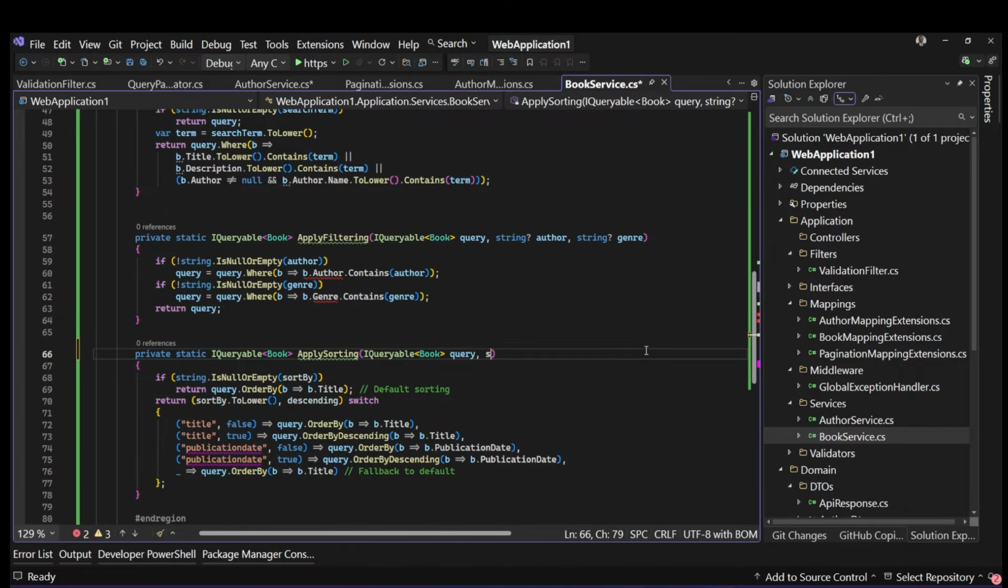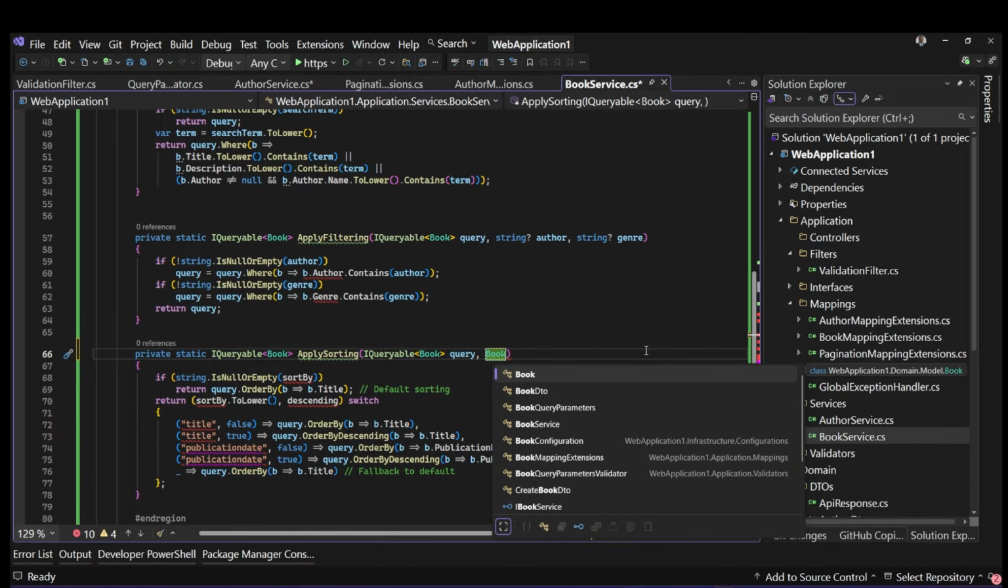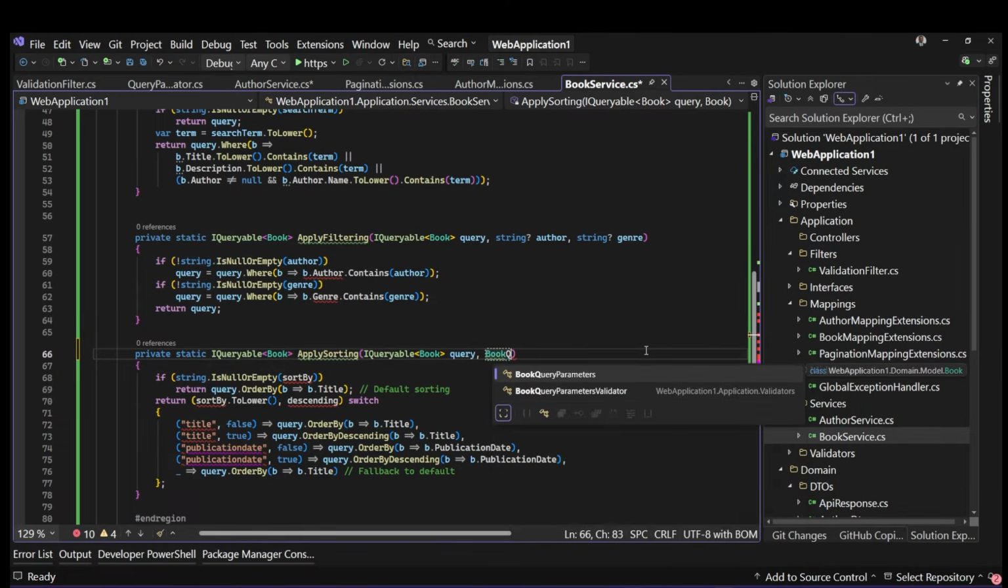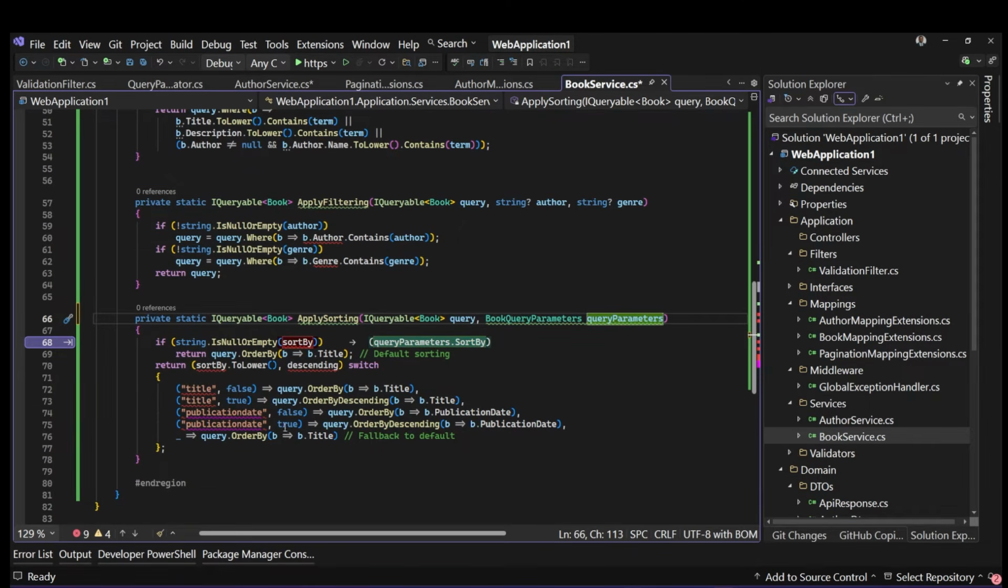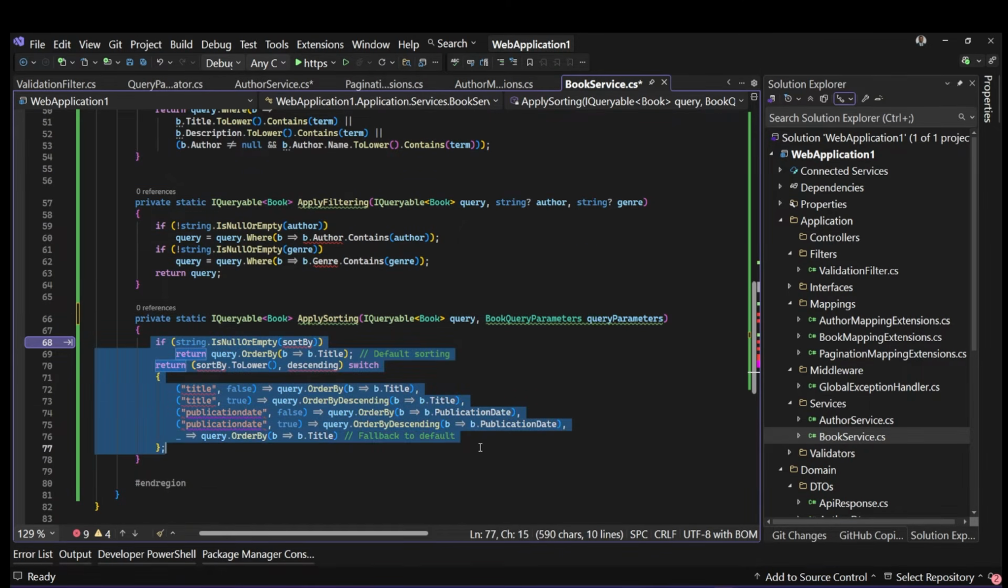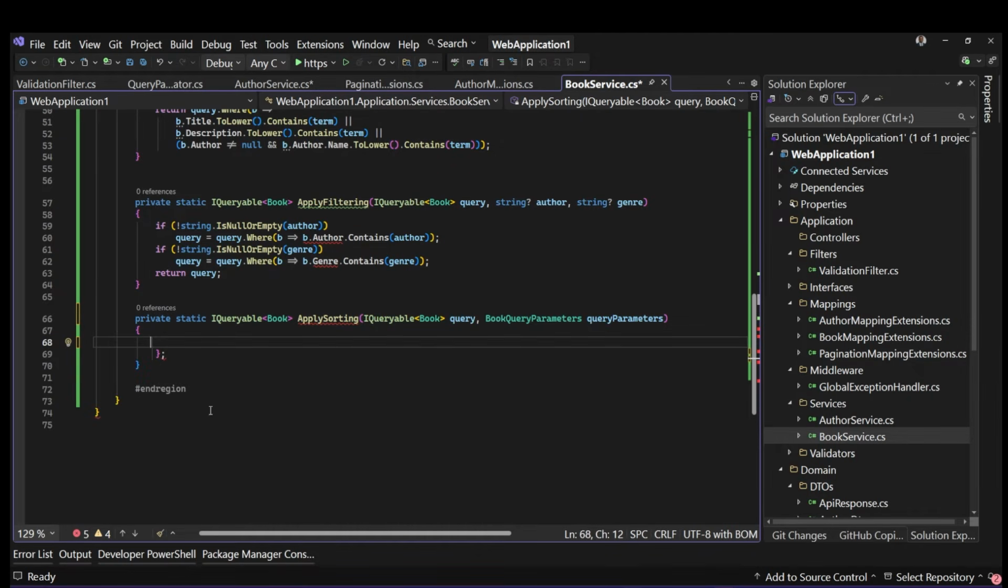Remember, we already have the book query parameters, right? So that is what we want to use. We want to use the book parameters, right? So we're going to go here, and what we want to do is that if